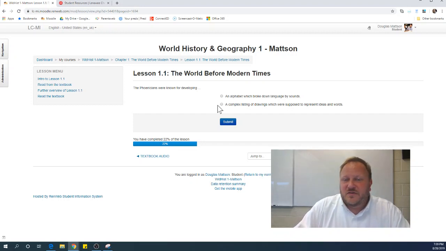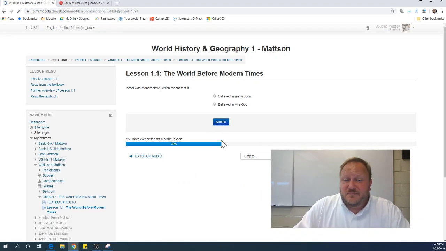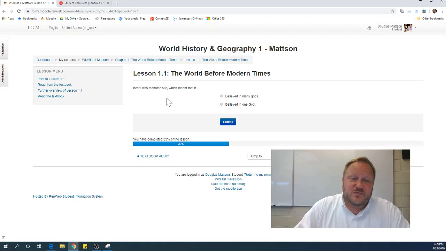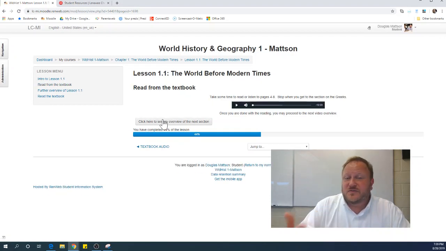The Phoenicians were known for developing an alphabet. And then we hit submit, go to the next question. Israel was monotheistic, which means that it believed in many gods or believed in one god. It believed in one god. So we hit submit. Then we go to the portion where I'd like to dedicate some time for them to